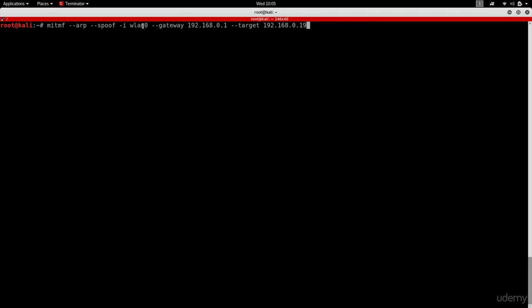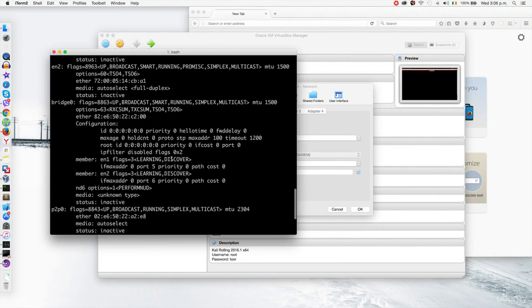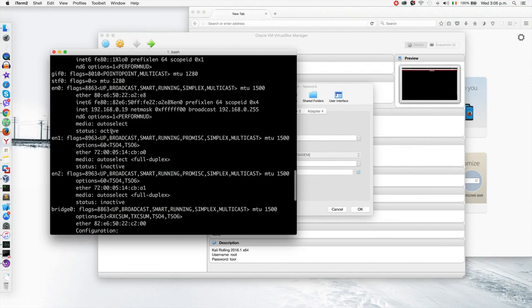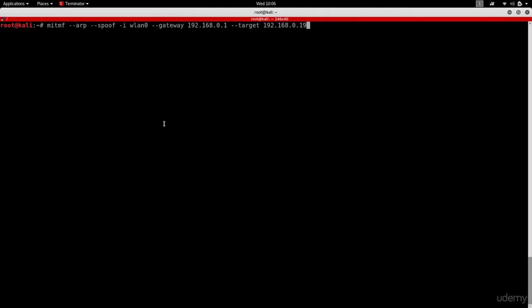We're using LAN 0 because LAN 0 is the wireless card that's connected to the target network. We're using the gateway, which is the first IP of the same subnet that we have. And then we're using the target, which is this Mac machine, and we've seen it to be 192.168.0.19. I'm going to hit enter